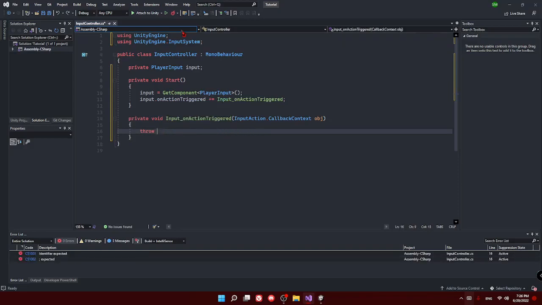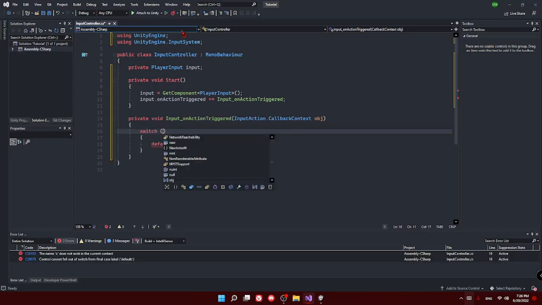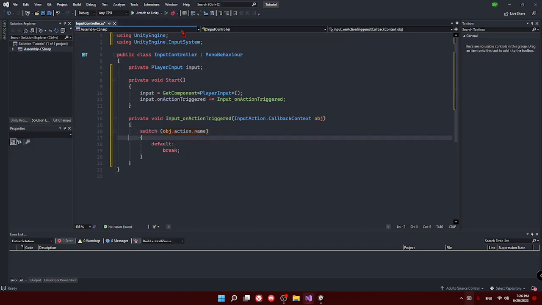First, we check if the name is correct of the action by switching on obj dot action dot name. Case move.